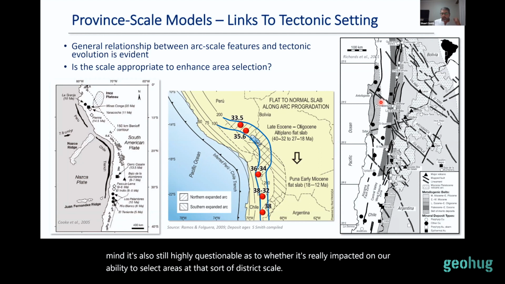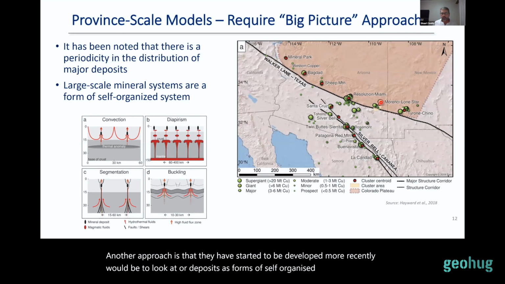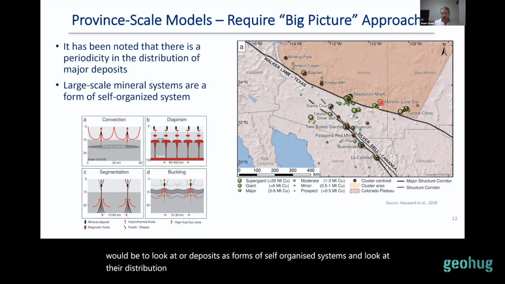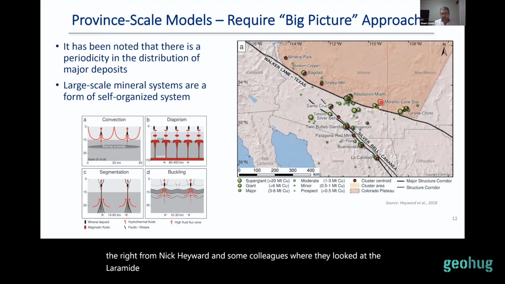And then other approaches that have started to be developed more recently would be to look at ore deposits as forms of self-organised systems and look at their distribution along those major structural corridors. An example here on the right from Nick Haywood and some colleagues, where they looked at the Laramide province in Arizona and northern Mexico, and looked at the major through-going corridors, such as the Silver Bell Cananea trend here,